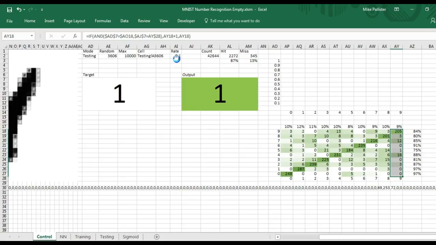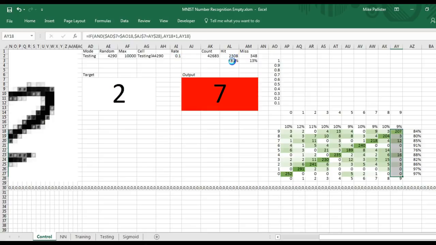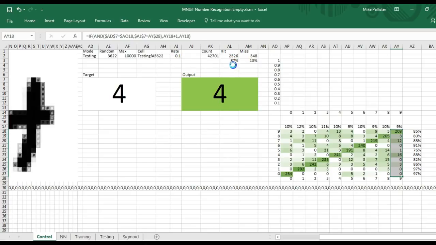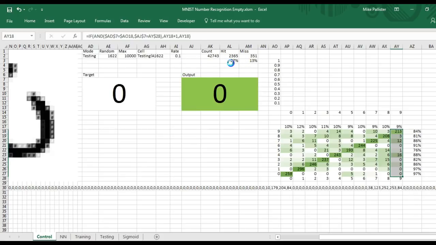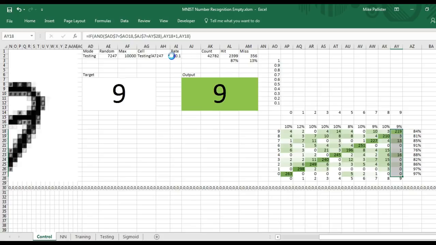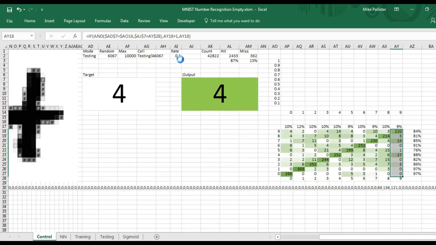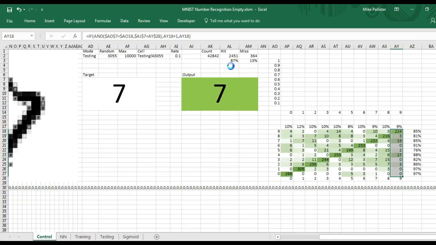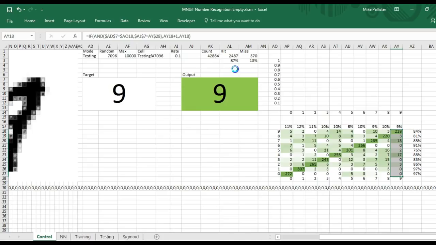You could change the learning rate. Sometimes having a smaller learning rate when you get closer to the maximum can be better, because you want to take small steps so you can really get close to that optimum weighting. Sometimes it's tempting to push the rate up, but that can often be counterproductive. So we'll leave that just for a moment and see what it gets to when it gets to